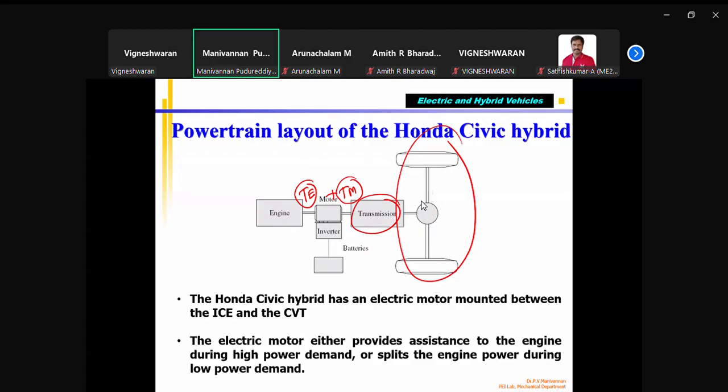Suppose you are driving at a slow speed, you don't need that much power coming from the engine. What will happen? The motor will become a generator, correct? It takes some amount of power, converts it and charges the battery, correct? So that's why it is called split power. This is